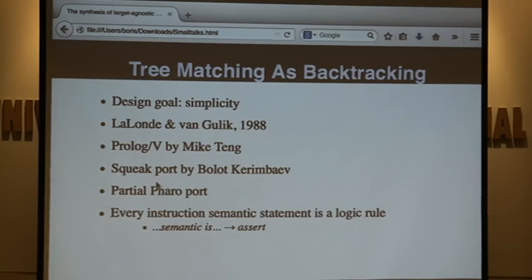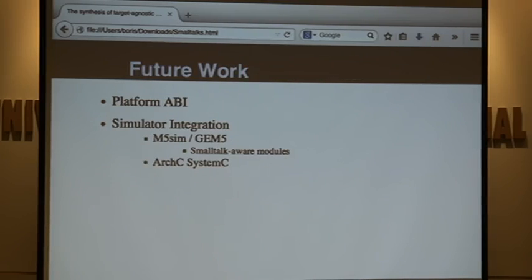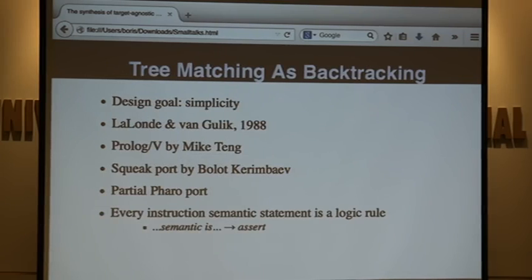And then your tree matching becomes basically a Prolog goal: unify this tree with these known facts, which were put into the database while parsing the ADL.